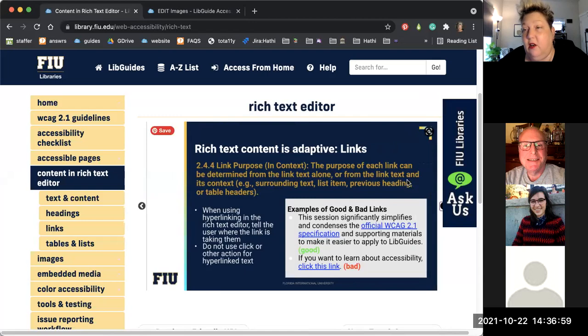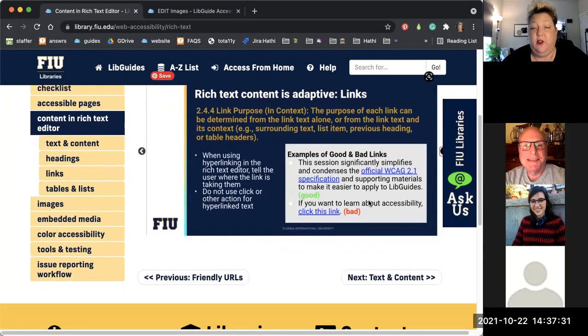The next part are links. So there are good ways and bad ways to include links in your rich text editor. If it's not a link on its own where you've actually classified it, you've selected that you're creating a link. This is when you're writing text in a rich text box. So this is not that. Those are already, because LibGuides is accessible, they've already worked in that it makes those accessible if you use that. But this is if you were